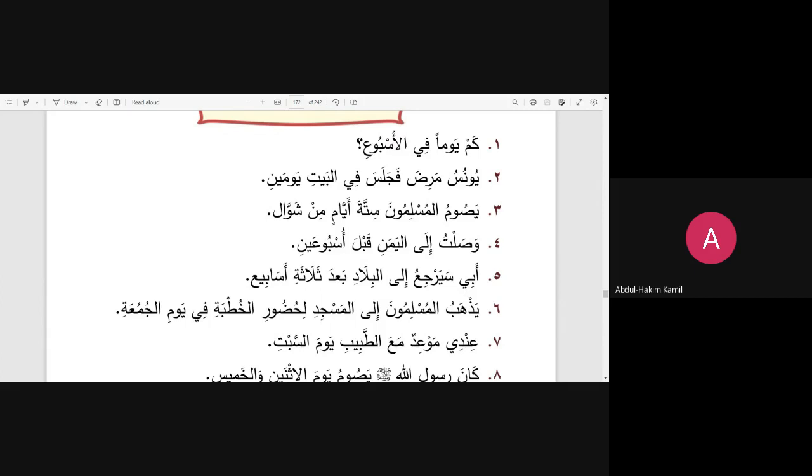I have a big question, and we study this a whole lot. "ستة أيام." Why is it feminine? What do you have to look at to determine this? Who's going to answer? You have to look to the singular. Hold on. What's the singular of "ayyam"? The singular is "yawm." So what are you going to look at about the singular? Is it masculine or feminine? It's masculine. So what do you do with the number? If the singular is masculine, you flip it. You make it opposite. You make it feminine.